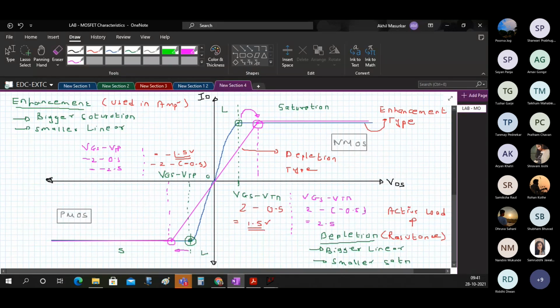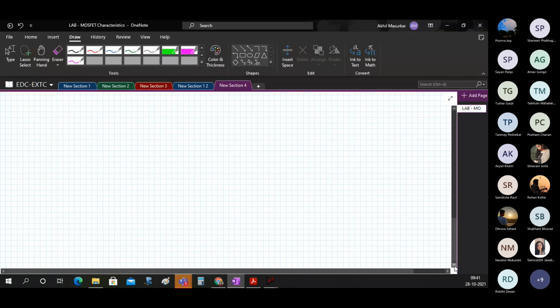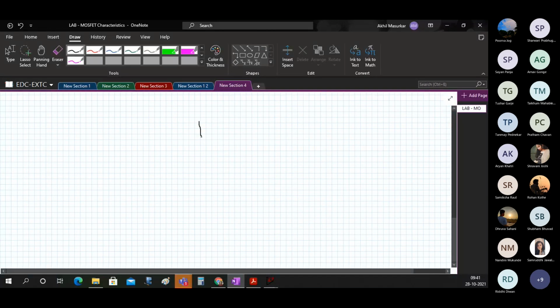Okay. So let me just go ahead and tell you some more things. If you see our MOSFET, we are going to have it like this. This is the way to see the characteristics of the MOSFET. So here we were connecting plus minus VDS.